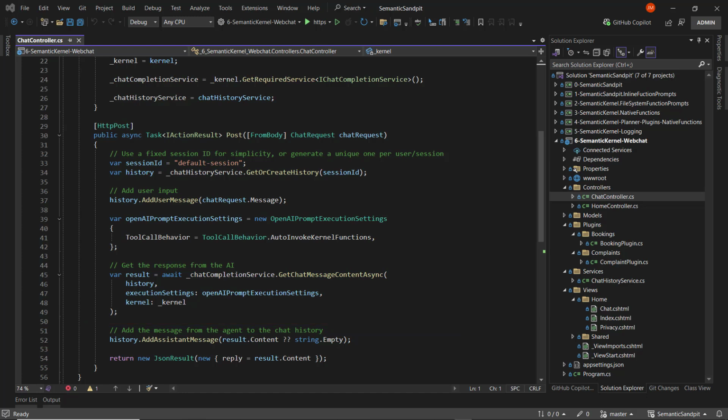Just for a little bit more context, this agent will handle bookings for a fictitious hotel, and under the hood to manage those bookings and complaints, we have some plugins, and we can see these over here on the right hand side. Now, if you want to dig in a little bit more as to what these plugins and native functions do, you can read some of the earlier blogs or catch some of the earlier videos in this